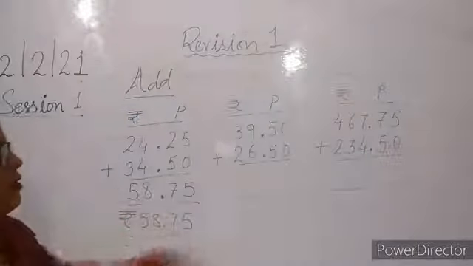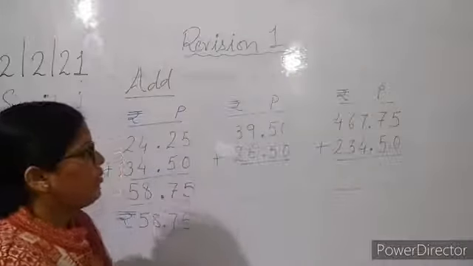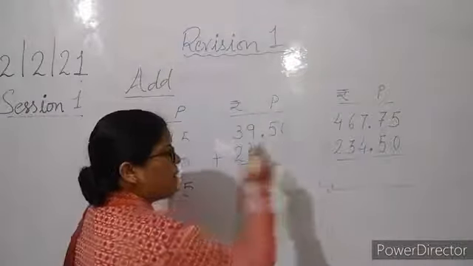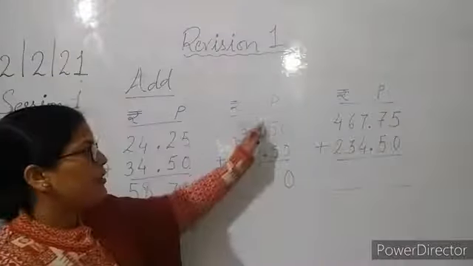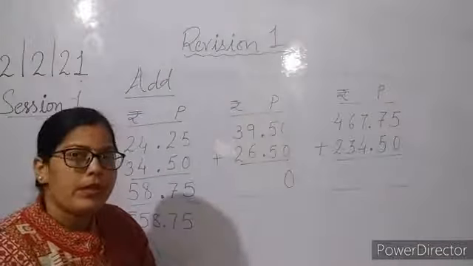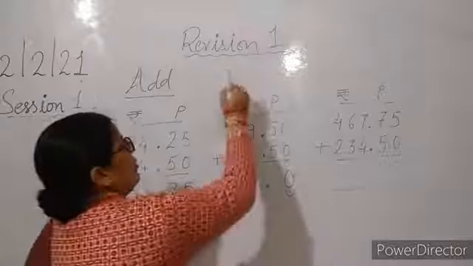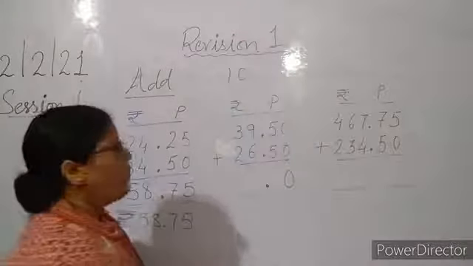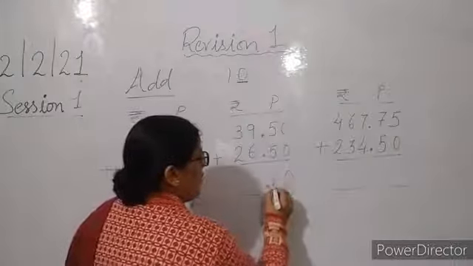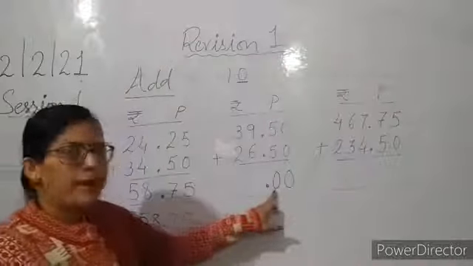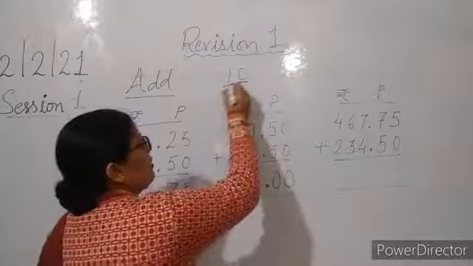Now see this next question. Again we'll add the paise amounts first. We'll begin from the right side. It is 50 paise plus 50 paise. So 0 plus 0, 0. Then second place 5 plus 5. Now 5 plus 5 is 10. So here what we have to do is, we'll write this 0 in the paise amount at the second place. Paise amount is written in 2 digits only. Now what about this third digit?